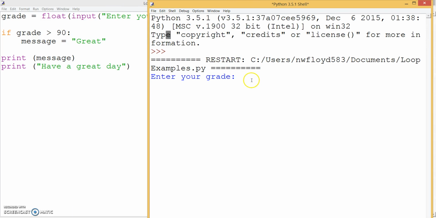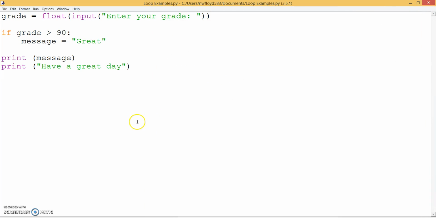So I'm going to enter the grade amount, okay? I'm going to put in that their grade was a 95. Hit enter. Look what happens. It's going to print the value of message, which is great, and it's going to print my next message, which is have a great day, okay? So that's what happens if it's true. Now let's take a moment and look at what happens if it's false. So I'm going to run this again,